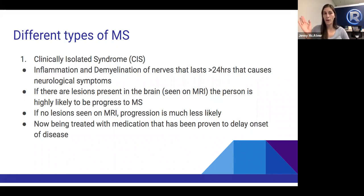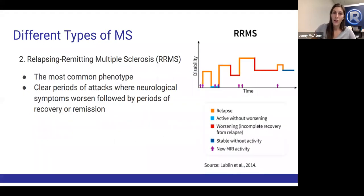And if someone has this isolated syndrome, but no lesions are seen on the MRI, it's less likely that they progress to MS, but they're still at a higher likelihood than the average Joe. A lot of times it's treated with medication, and it can actually delay the onset. So it's good to know that this exists, so it's not just written off. We can do a little preventative work there. All right, number 2, the most common: